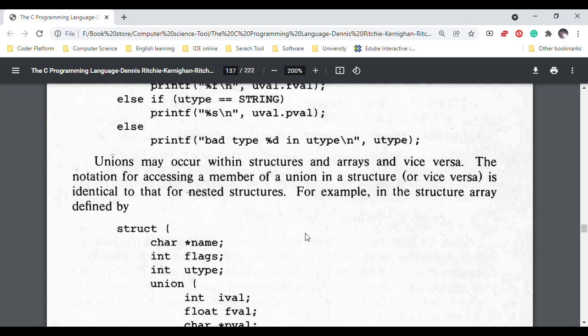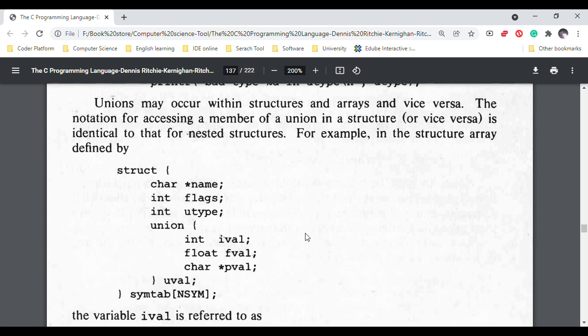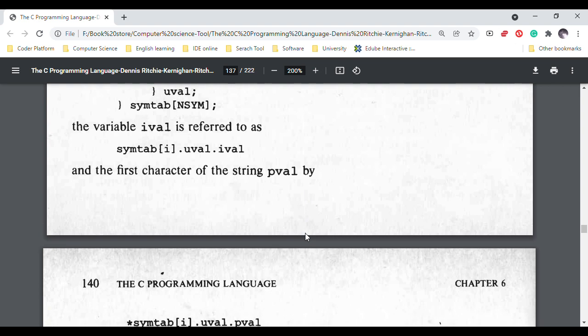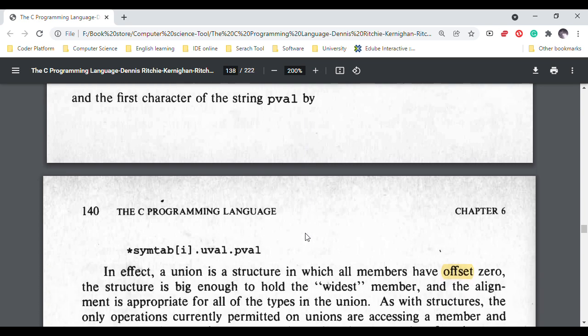Unions may occur within structures and arrays and vice versa. The notation for accessing a member of a union in a structure, or vice versa, is identical to that for nested structures. For example, in the structure array defined like this, the first character of the string pval is referenced by